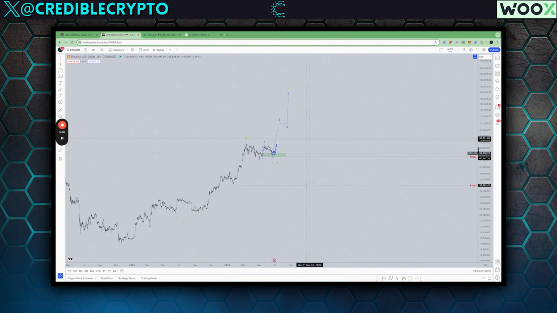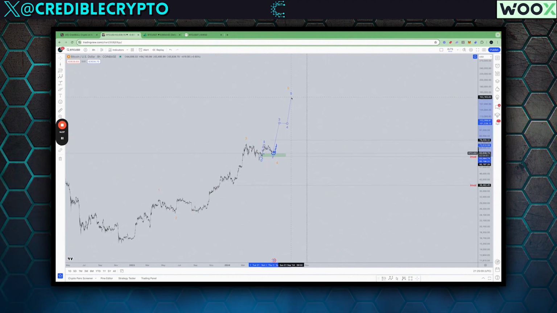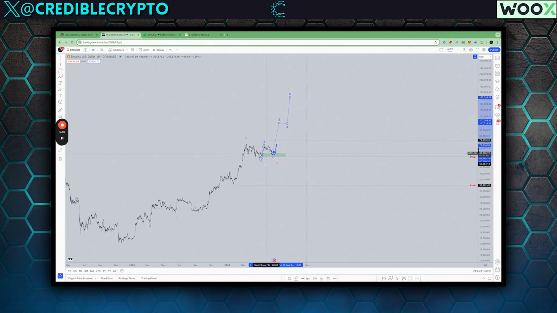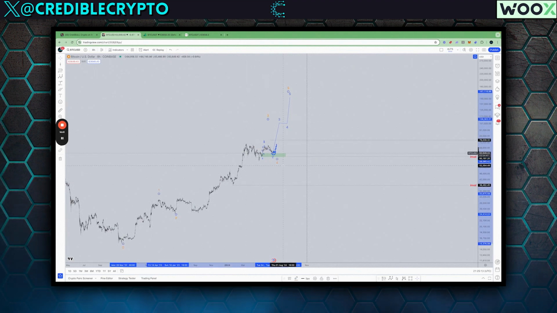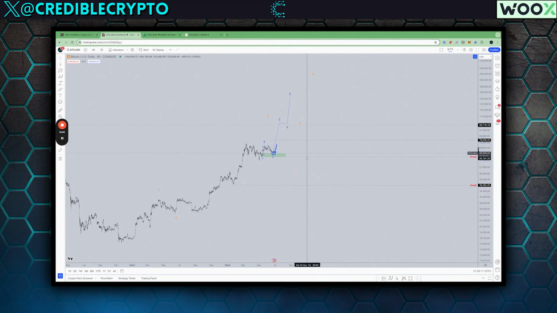This structure also jives better with this idea, because in the prior one we were still in our major 3rd, we would still expect a major 4th, and then we'd expect a major 5th. That would probably push us past this time deadline, okay? And again, time is always flexible, so this is not like a requirement that we must top by October for the thesis to remain intact.